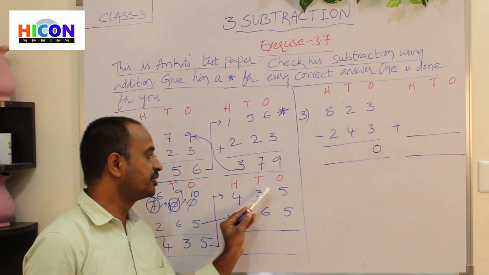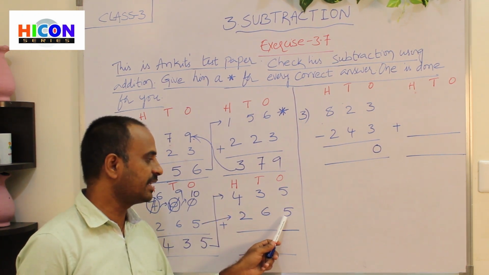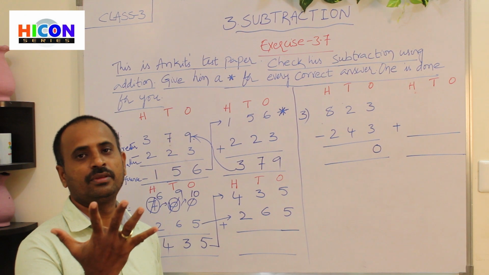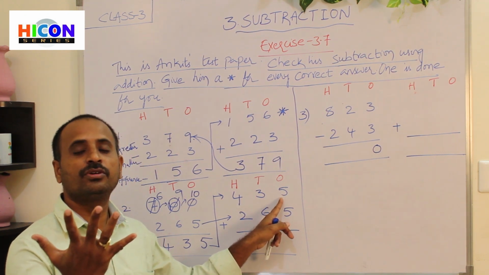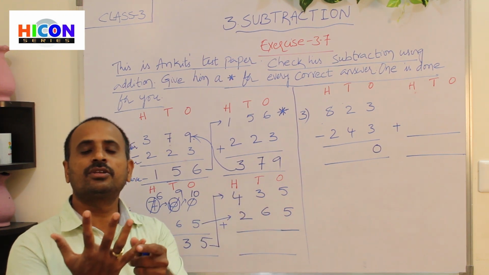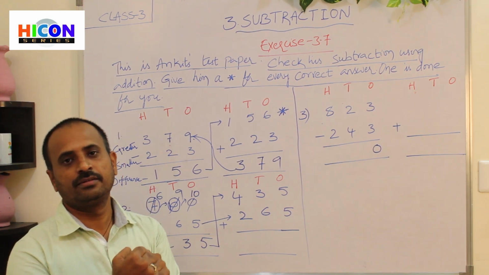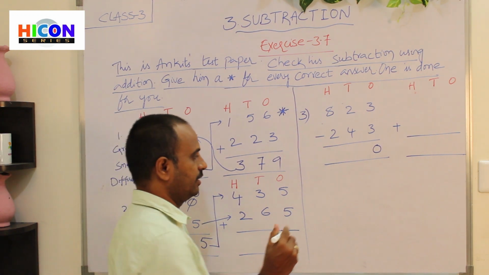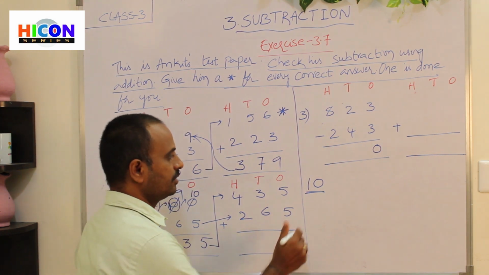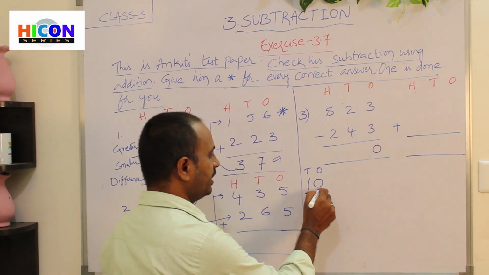Let us start addition from ones place. 5 and 5 are present in ones place. What is the second number? 5. Open 5 fingers of your hand. 1, 2, 3, 4, 5. And what is the first digit here? 5. So start counting from the first digit. After 5 you will get 6. Start counting from 6: 6, 7, 8, 9, 10. So the sum is 10. But the sum has 2 digits. So this 0 is in ones place and 1 is in tens place. And write 0 in ones place.